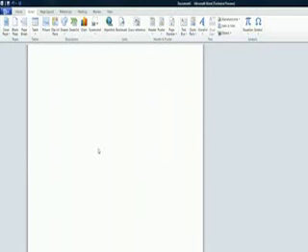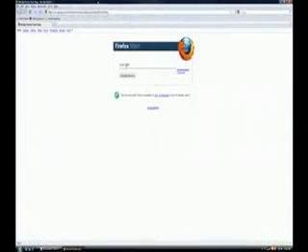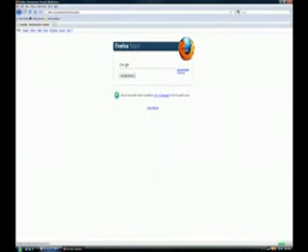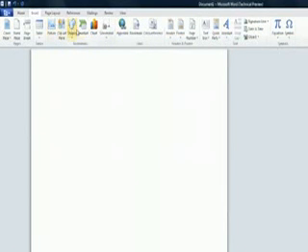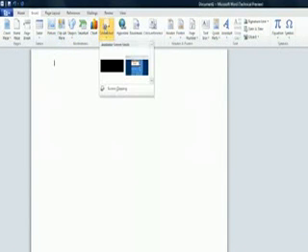So the first thing I want to show you is the ability for Word to take screenshots directly from the interface. So first I need to open up something to take a screenshot of. So we'll go to YouTube, go to the revived one. Alright, so now in the insert up here, go to insert, then you go to screenshot, and you can either